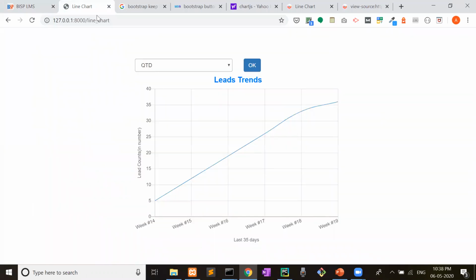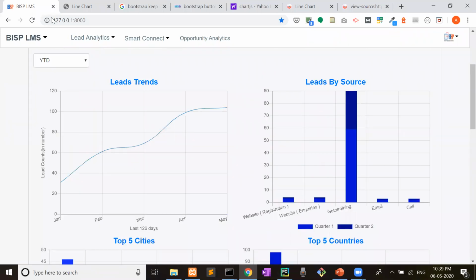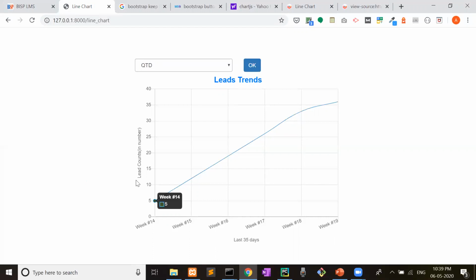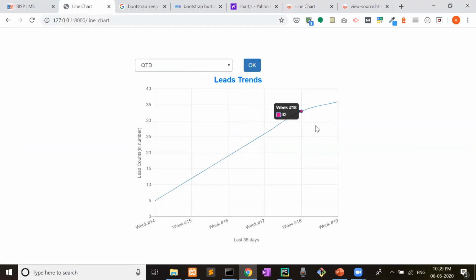Right now in this chart, there is no condition, only the date condition is there, that's it. But in future, we will show the data in this current quarter till yesterday on the basis of sources. So in my next lecture we will see how these stacked charts are rendered, right? I hope you will find it quite interesting. And this is the Chart.js library. It is easily available. So guys, in our next video we will see the stacked chart, how it works.